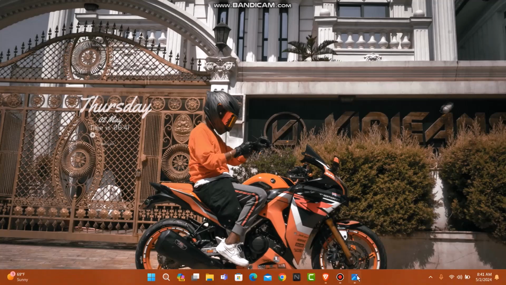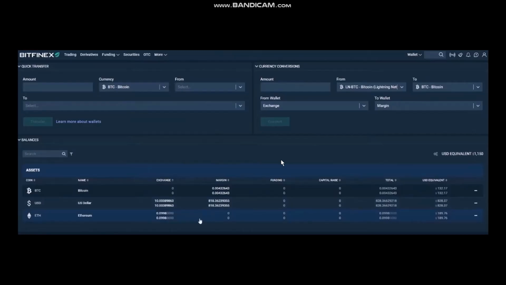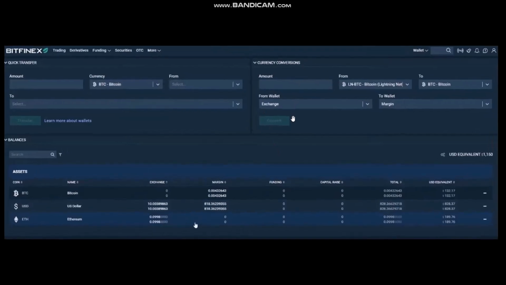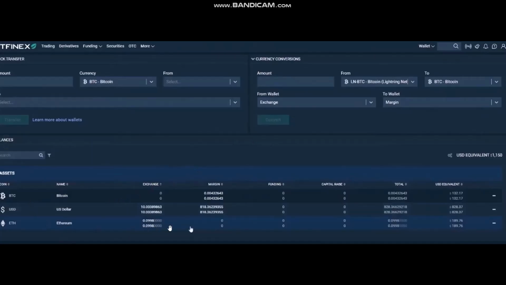Now what you need to do is head over and open up your browser. And once you're inside there, go to the Bitfinex homepage. And once you're inside the homepage, be sure to be logged into your account. Now what you need to do is head over to your assets, select the crypto from which you want to